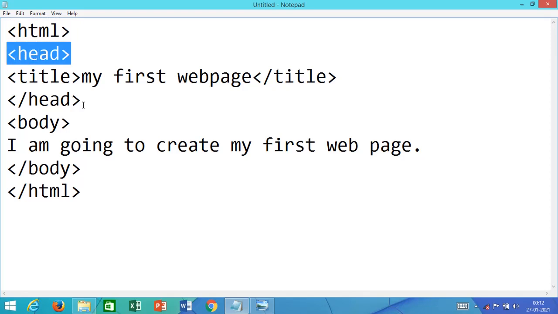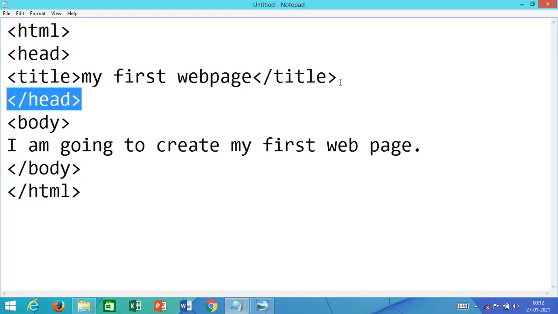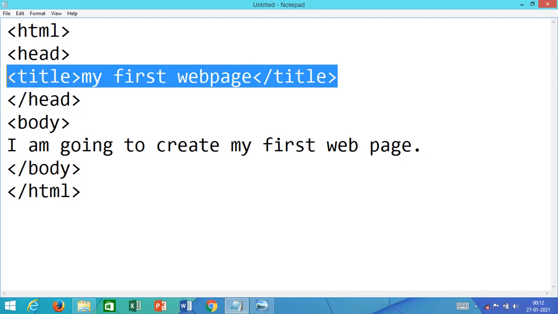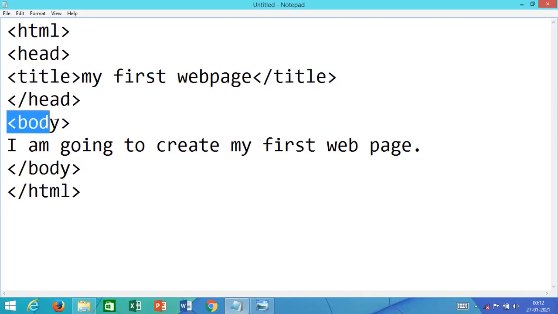Then under head tag, I wrote the title of the program, whatever title I want to put. Now under the body, the whole program is written. The content which has to be displayed on the web page is written under the body tag.